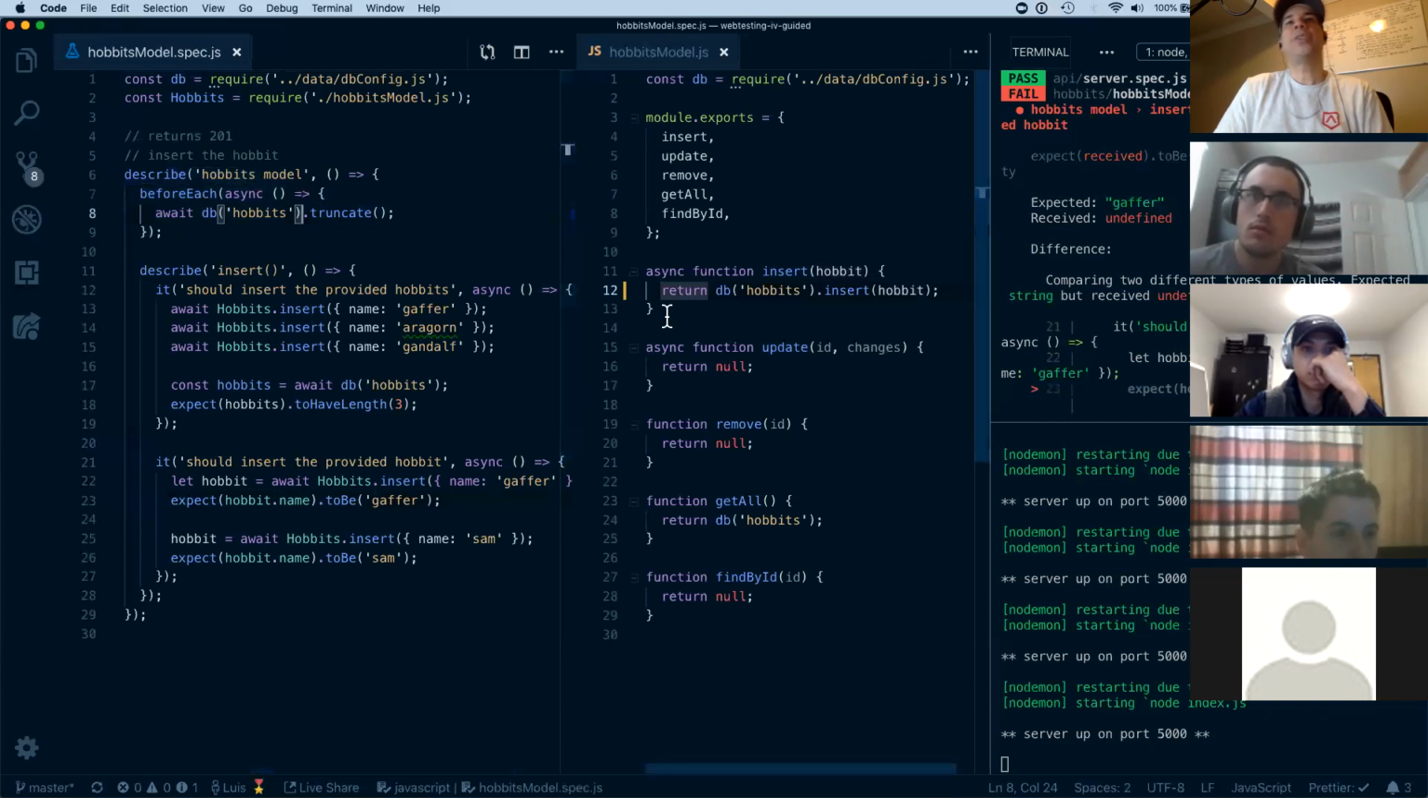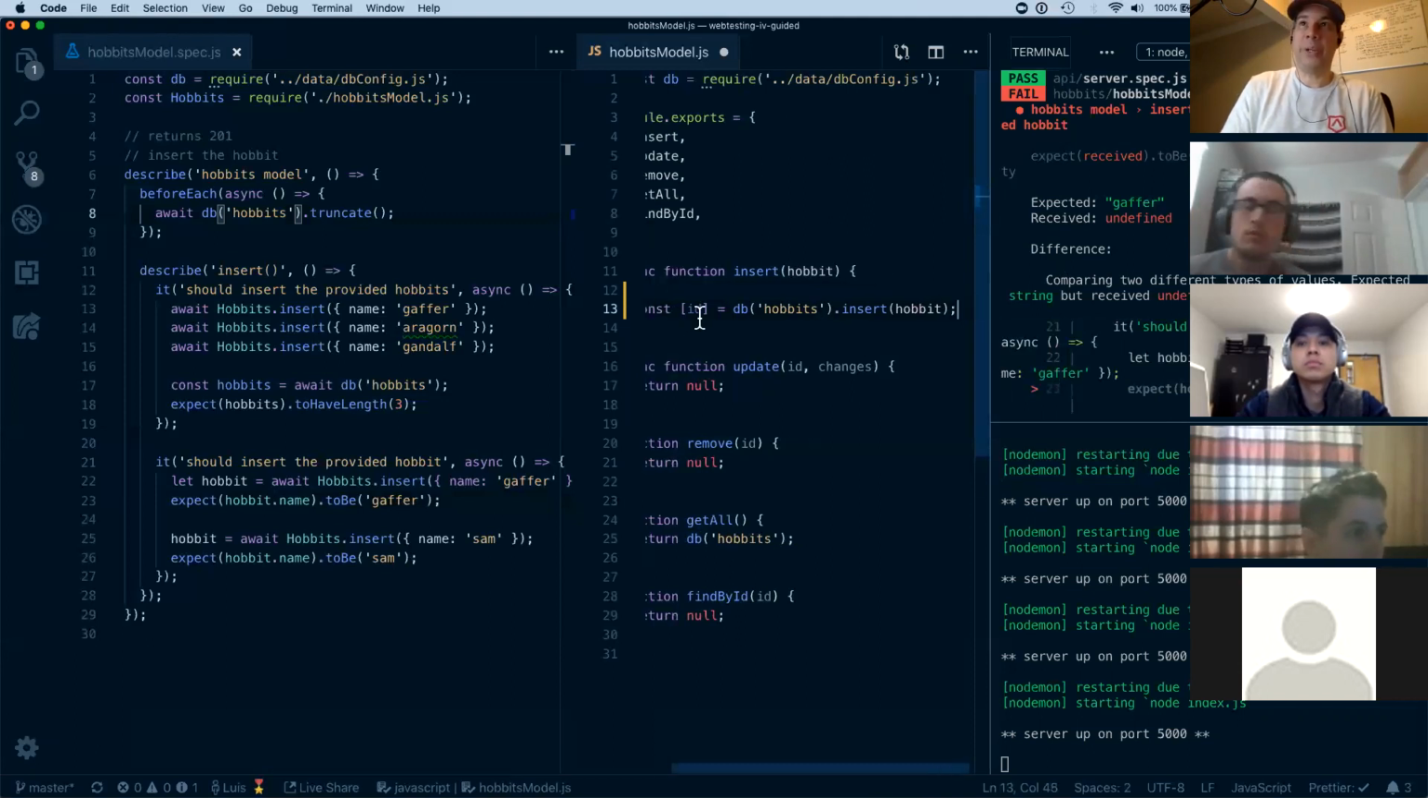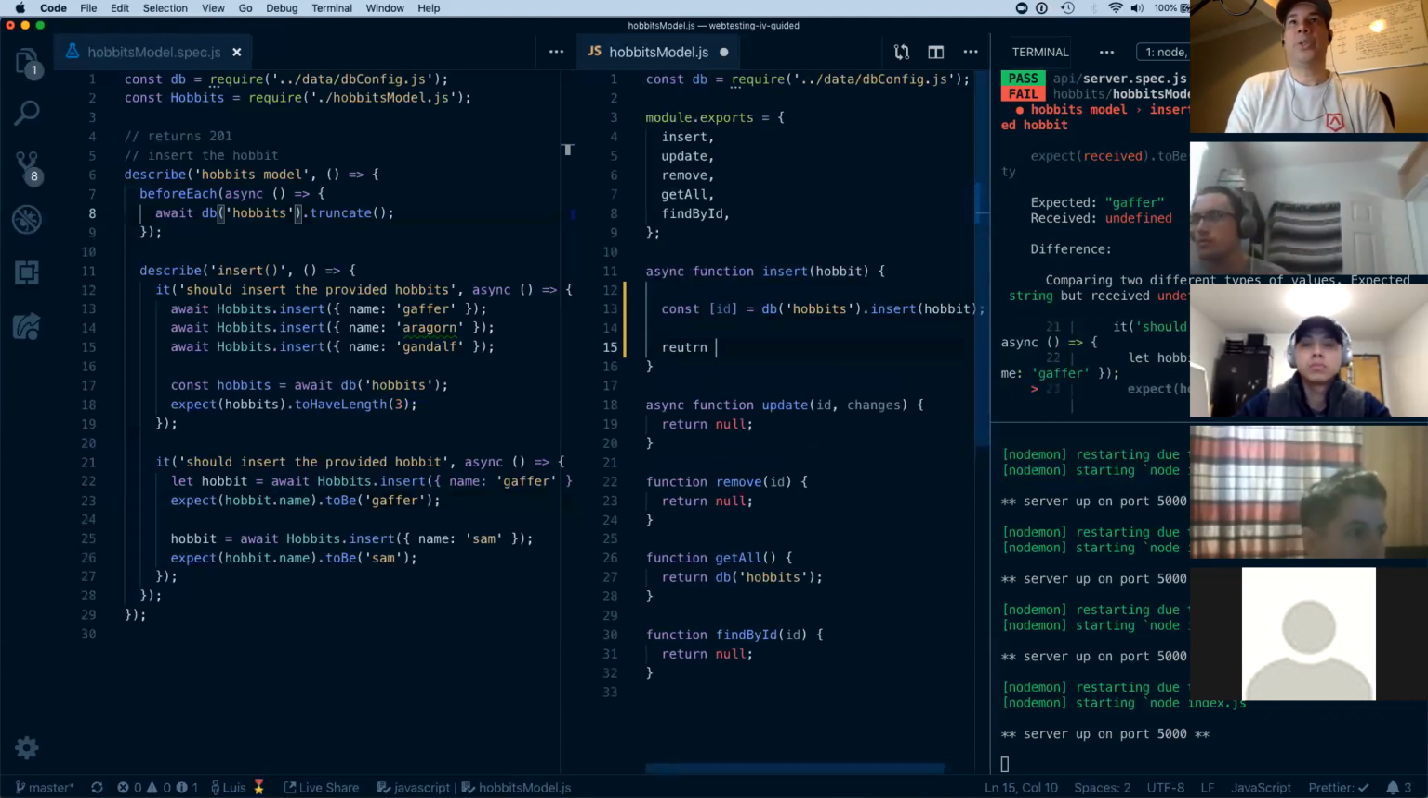So let's change this insert to implement this. Let's say instead of returning this, we want to return the hobbit actually. So we're going to say const, and again, I'm going to write it because I know that you're familiar. I'm going to destructure this ID from this call right here, for the insert. Now I have that ID, and what I really want to return is